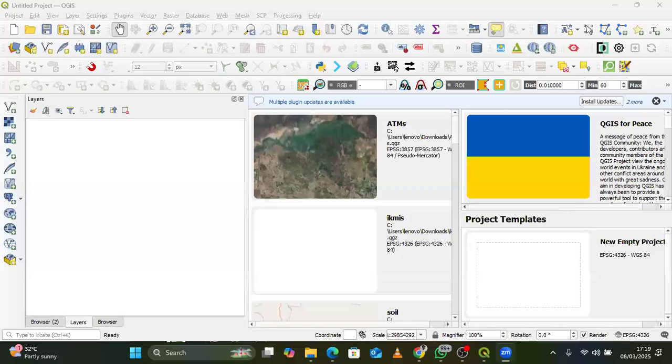Yes, it's QGIS. I need to share my screen somewhere here. I need to share my entire screen. Perfect. So now you can see my screen. Yes, we can see your screen. Okay, thank you very much. So